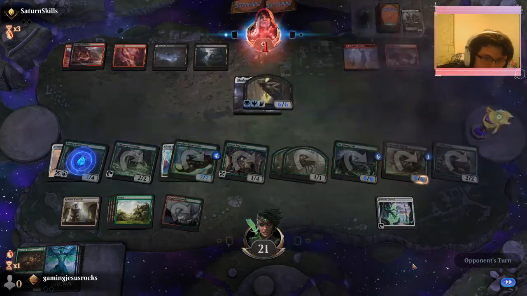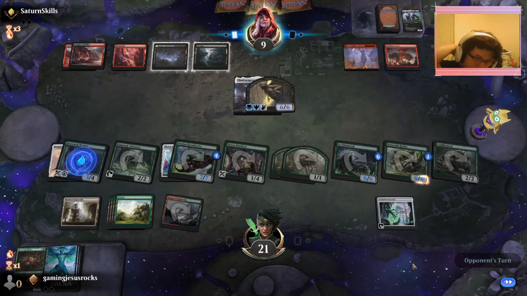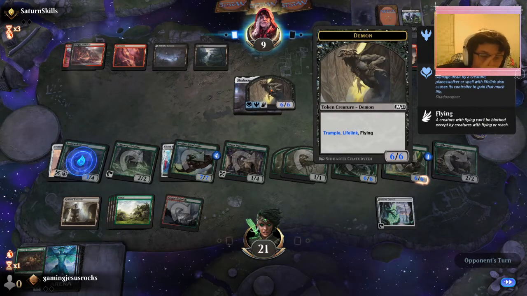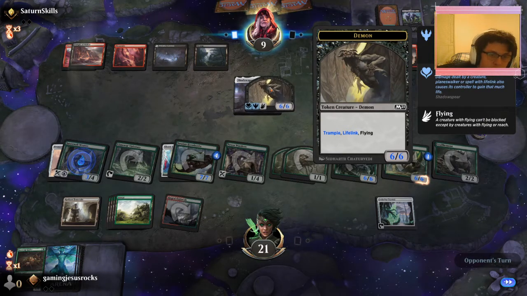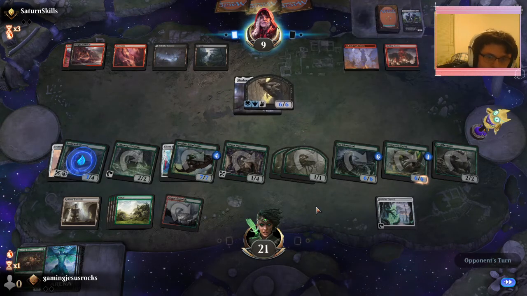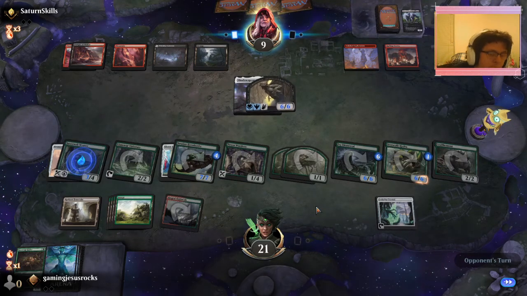I should have kept a reach creature back. End turn. I should have kept a reach creature back so that I could at least protect myself from the demon a little bit. My reach creature's back, but I didn't. And now he has direct access, but we could deal another set of damage next turn, and he's probably going